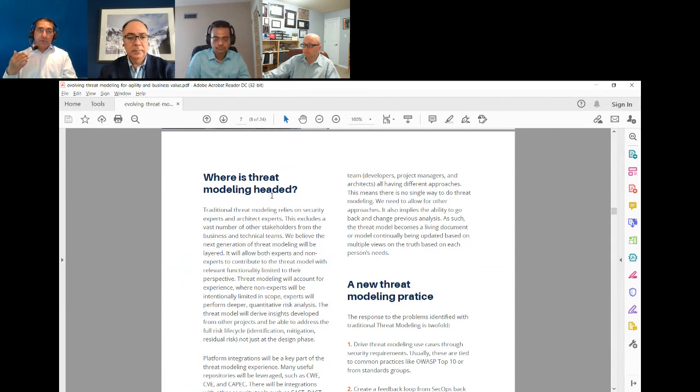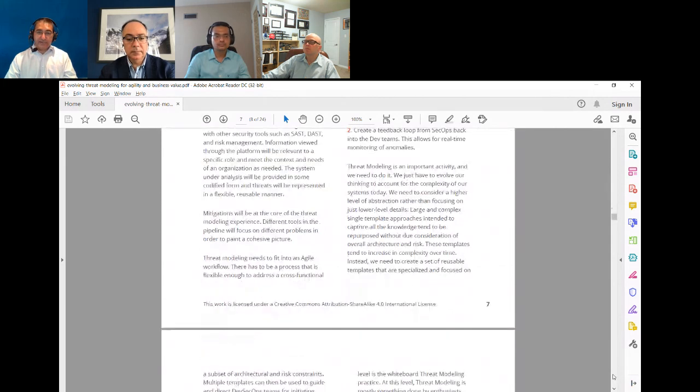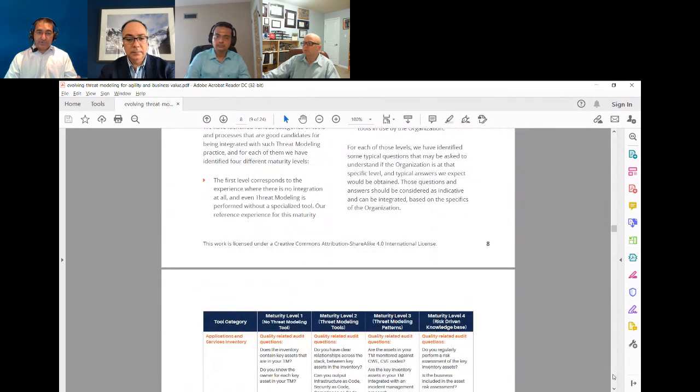Now, we're not suggesting that we throw away what we're doing. We perceive this as being a natural evolution of threat modeling, given where DevOps, DevSecOps, agility, and lean are all headed, and starting to take a look at how we take the information that typically resides in the threat modeling silo, and see if we can expand that a little bit to include additional people as well. And so looking at this new threat modeling practice that then emerges, and then the maturity,